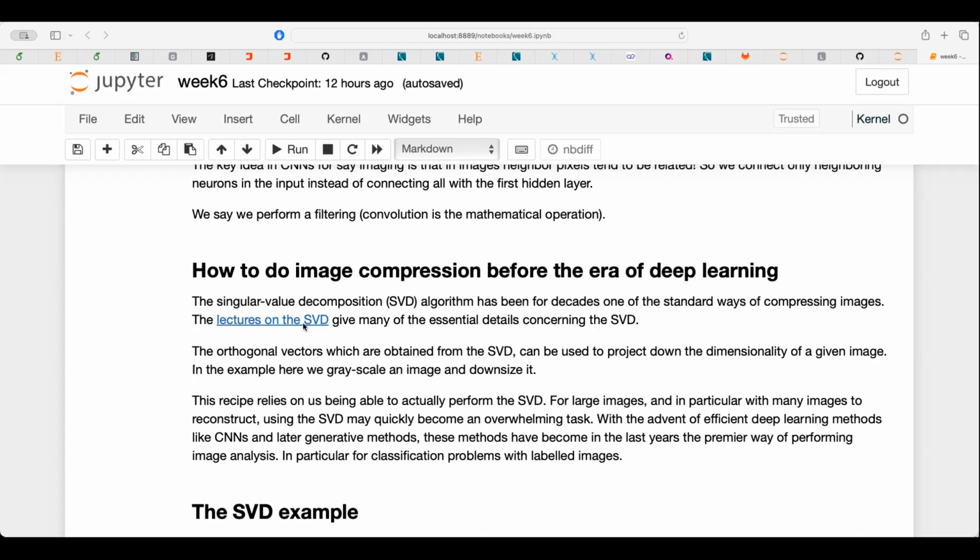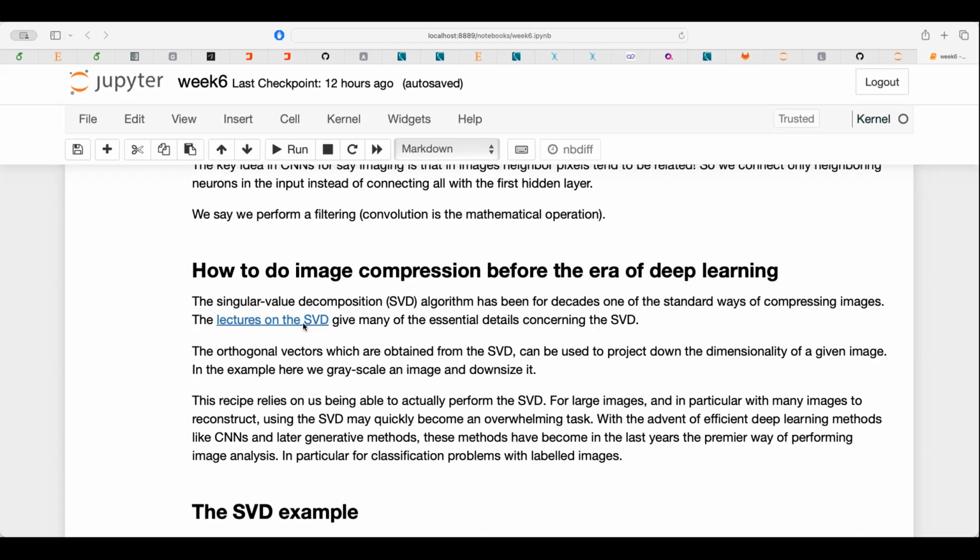So in the example you see here, you will see how things were done in the old ages. The problem is that if you have a huge image, and if you have many of these, then you need to store all these orthogonal vectors. And clearly that becomes unwieldy when you have a huge number of images, and you have images with, let's say,